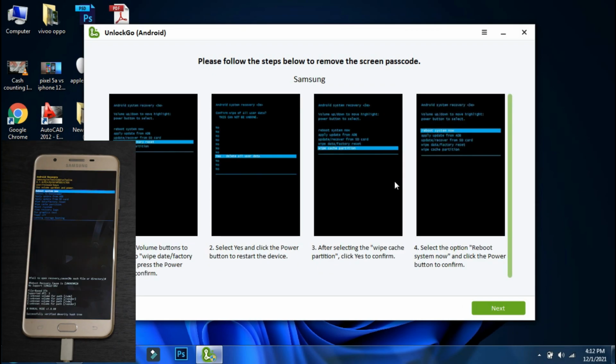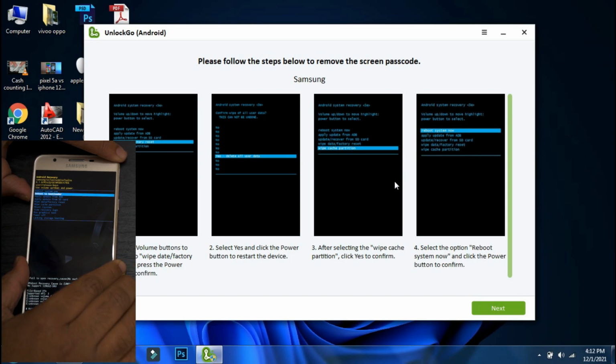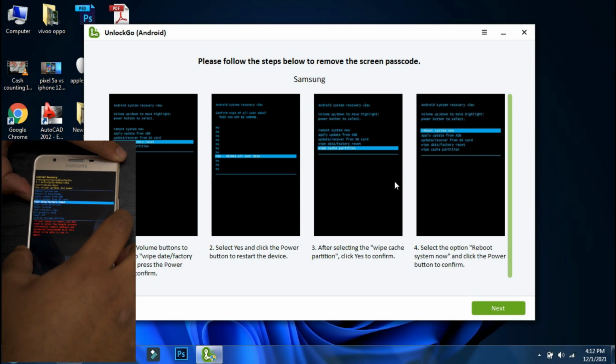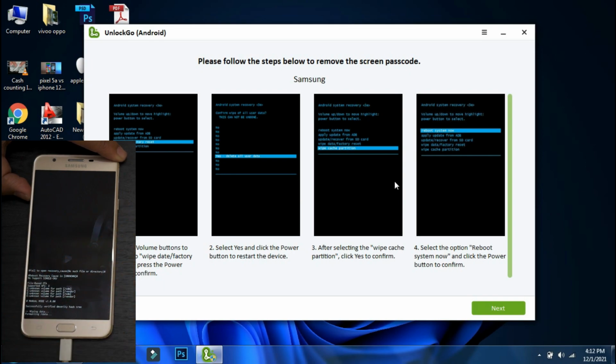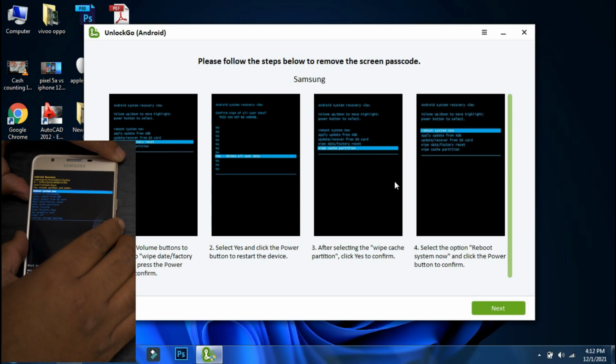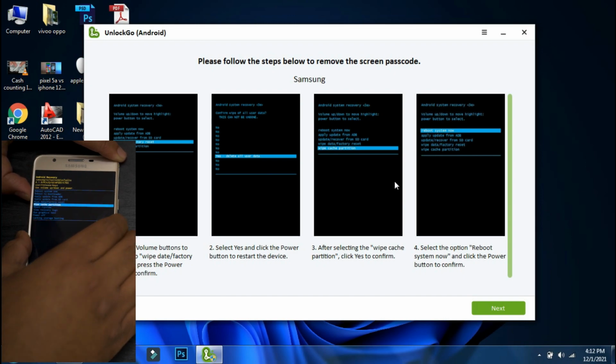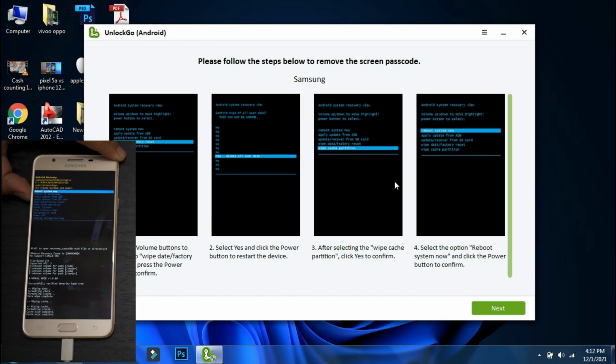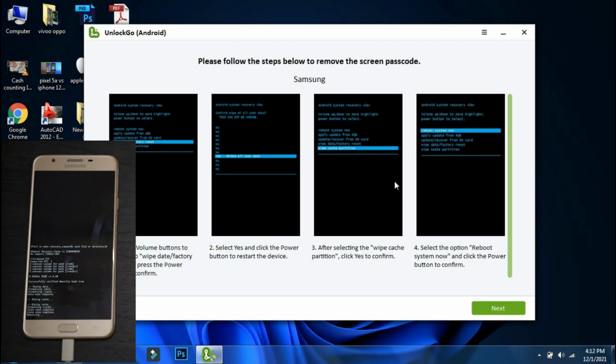The next steps are displayed on the screen, and in the recovery mode, you can scroll through menus using the volume button and select the wipe data option using the lock button. The formatting process will start on the phone. Then go back and wipe the cache partition. Once the process is complete, go back to main menu and reboot your phone. It may take some time as it is the first boot.